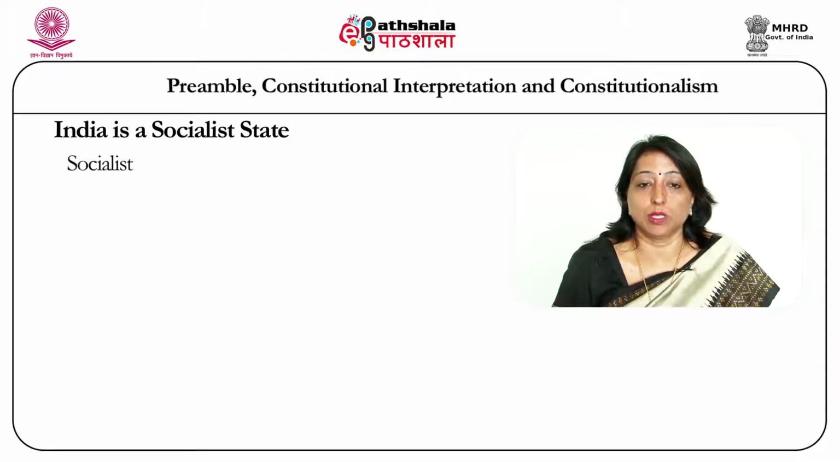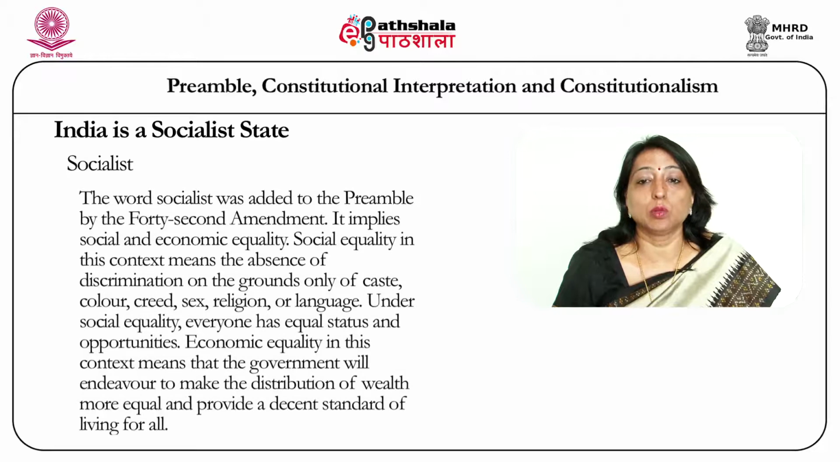The word socialist was added to the preamble by the 42nd Amendment. It implies social and economic equality. Social equality in this context would mean the absence of discrimination only on the grounds of caste, color, creed, sex, religion or language. It is an important feature of the preamble. Under social equality, meaning thereby everyone has equal status